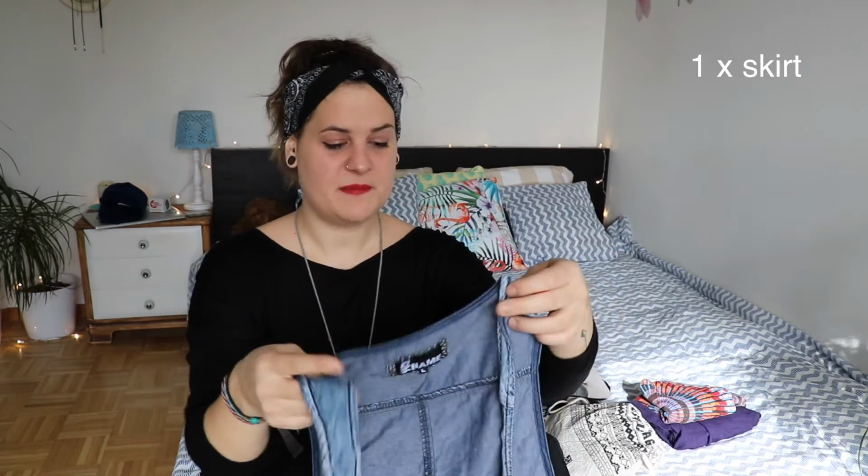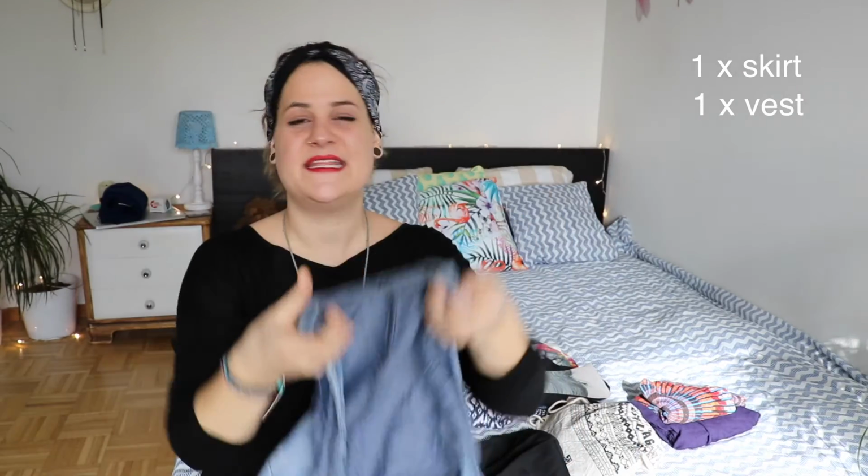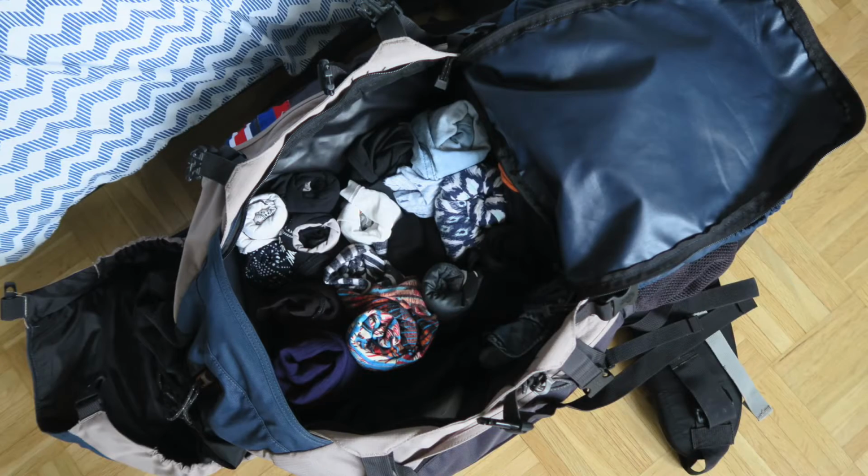And then to make it a little bit more special, I bring this jeans look kind of vest, which, again, isn't really jeans, it is a very light fabric. So I have all my outfits together. Socks, underwear, bikini, sports bra, shorts, shirts, long pants, a nice outfit for a night out, shoes, flip-flops, some sporty